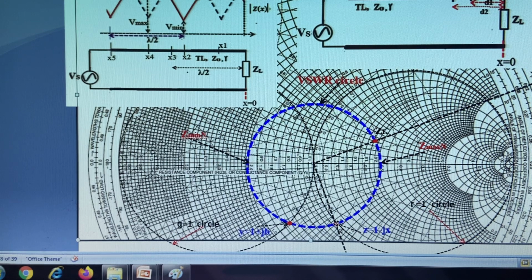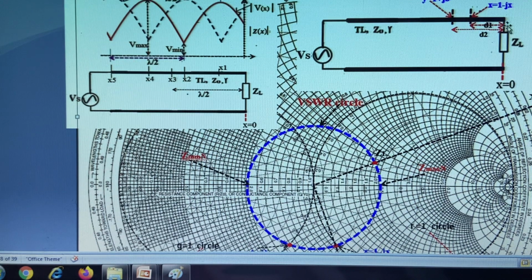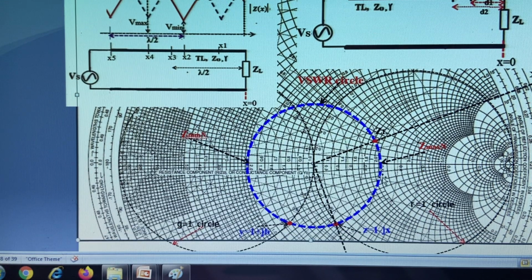So we are coming across an impedance value equal to 1 minus jx. That is, the real part is 1. So as we move like this from the load at some distance, for example at D1, from the load we traveled a distance up to this point, wherever the VSWR circle intersects the R equals 1 circle, we moved up to that point. So we started from the load and moved in the clockwise direction, and we stopped wherever the VSWR circle intersects the R equals 1 circle.